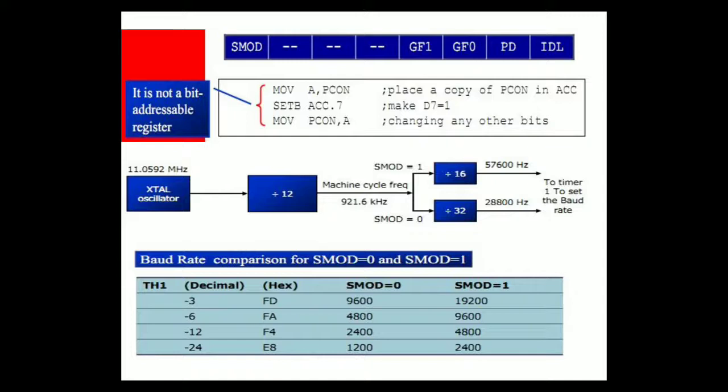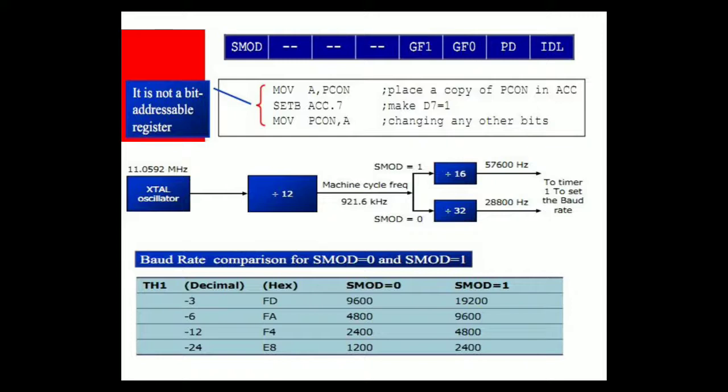In examinations also, many times they have asked how we double the baud rates in serial communication. We have to draw all this. We have to tell the ways available to double them. Then the structure of the PCON register with a program also. How do we increase this? The program is also explained in the slide. How do we do this?